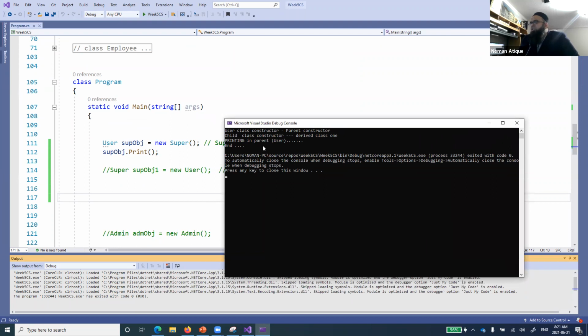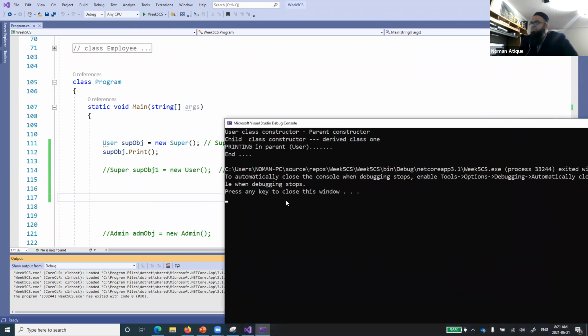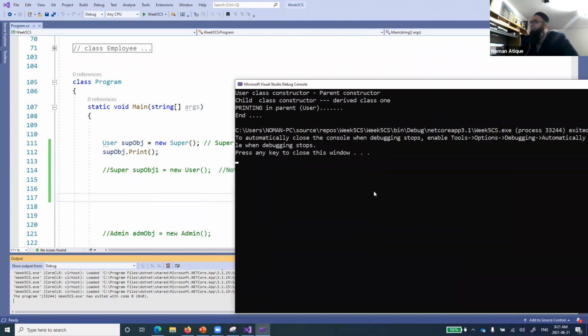So you see which method is called here for the print. Can anyone tell me which method is called here? The parent one, the child one? It's mentioned over here. Yes, which print method has been called here? Parent one. And now you see, this is not the expected behavior.